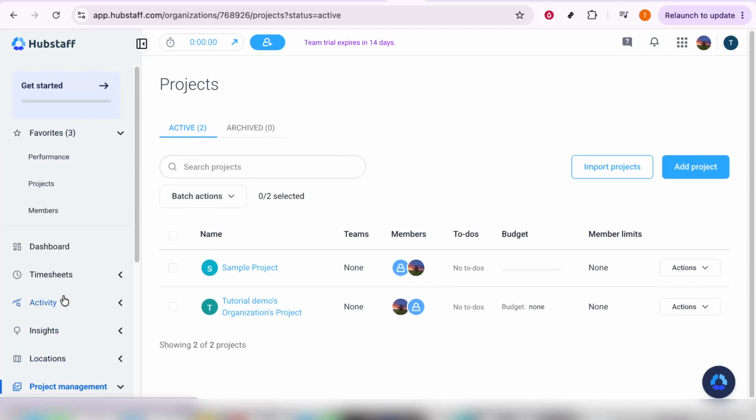There you have it. You have successfully edited a project in Hubstaff, and these changes will help streamline your project management process. Whether your edits were substantial or simply a few tweaks,